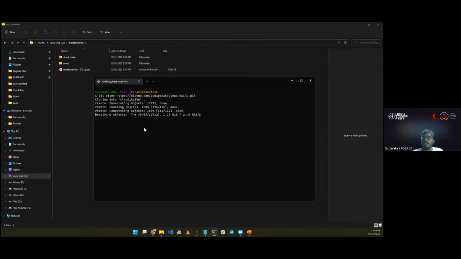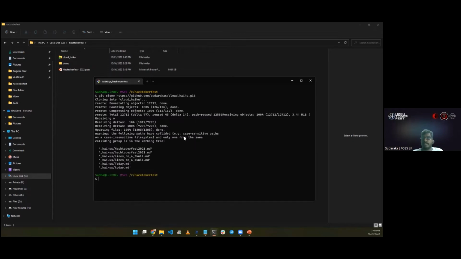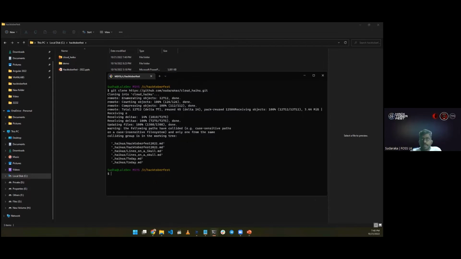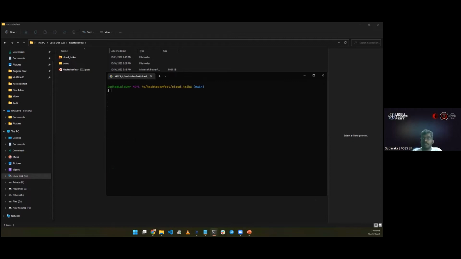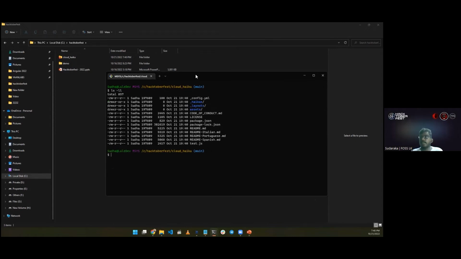So the repository is cloned to my local environment. It might take some time based on your internet connection. Right, so I'm going to shift to my cloud hiker folder. You can see I got the copy of the repository.